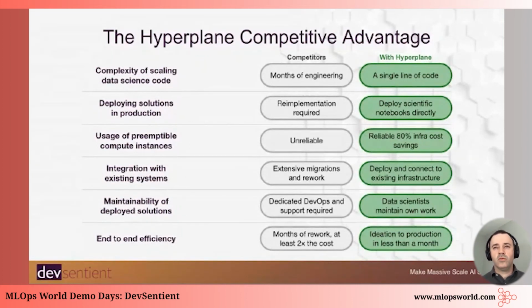And so that leads to something which is not talked about a lot, because most data science POCs never make it to production. But one of the major issues with the machine learning solutions that do eventually make it to production is that it's difficult to have an effective process for maintaining them. Because if a job fails, you need to wake up both the scientist and the engineer, and the scientist needs to be part of the process. And so what Hyperplane provides is a very easy